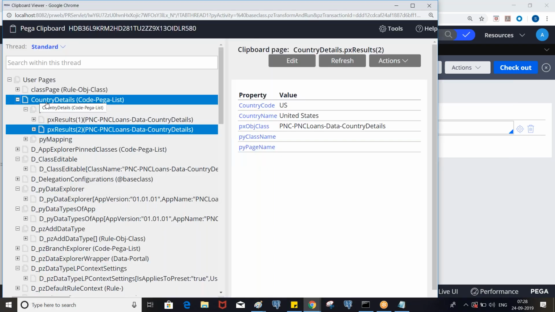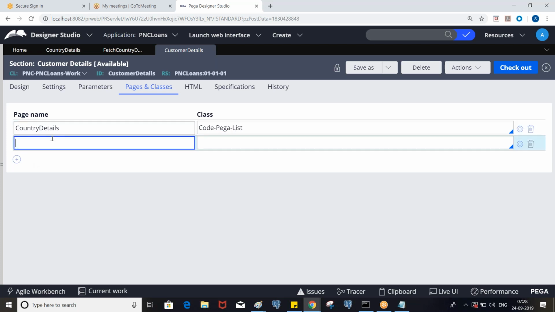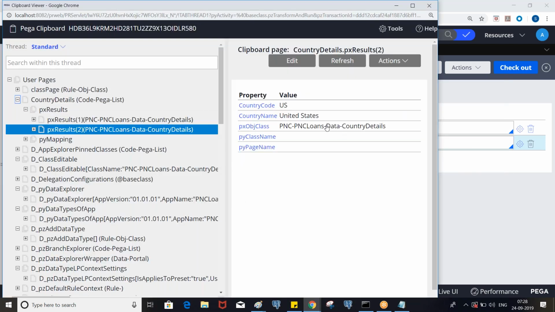Now the same structure we need to define here. Country details. What is the class? Code Pega list. Where we have the data in the PX results, country details dot PX results is referring to which class? Data class.